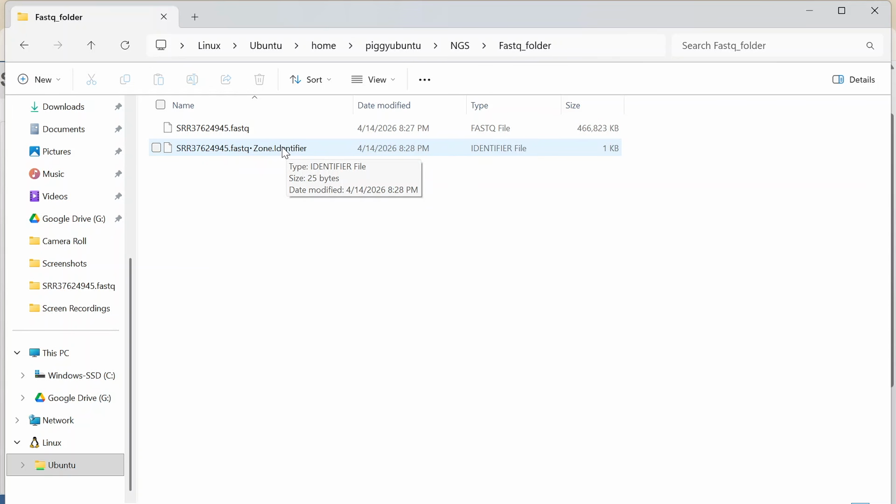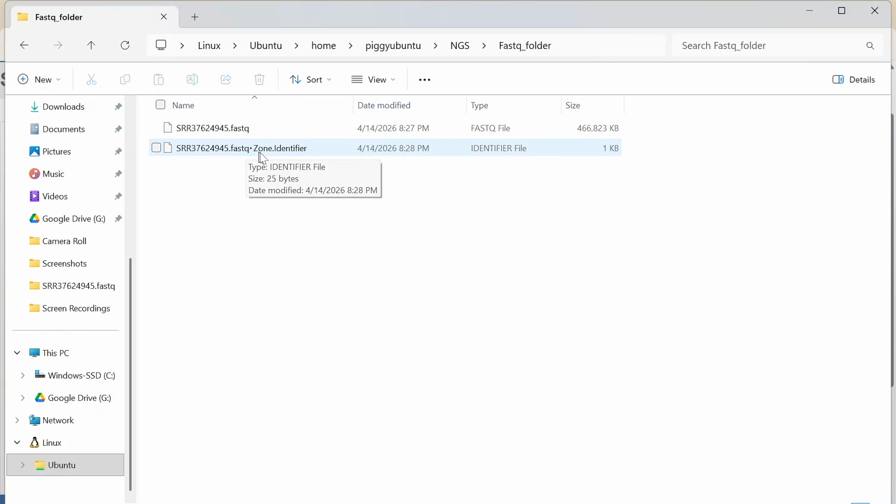Now, what is this file? This is not a biological file. This file is not biological data. This file is just created by Windows. When you download a file from the internet, Windows attaches a hidden metadata file. So this file just came from the internet, and it contains the download source, like the internet, the security zone, or whether this file can be trusted or not.